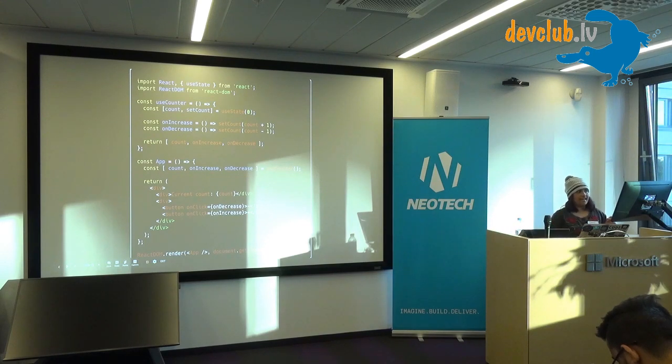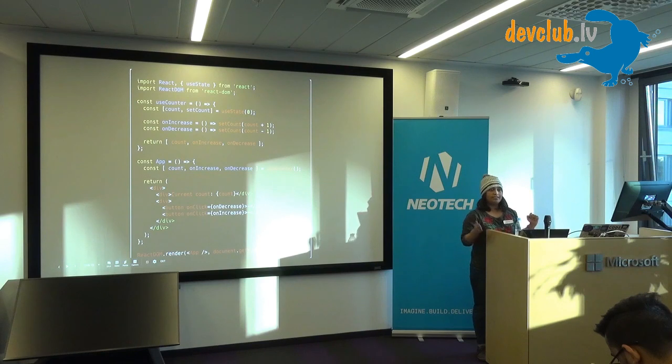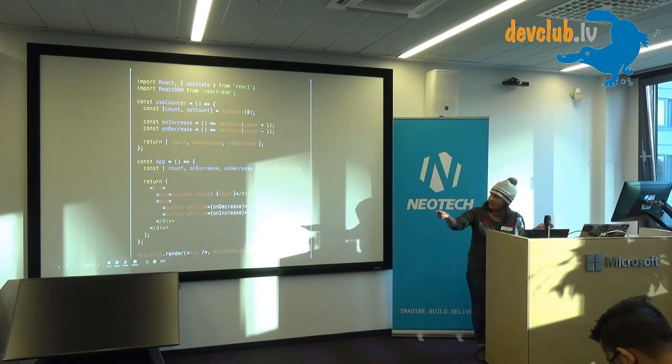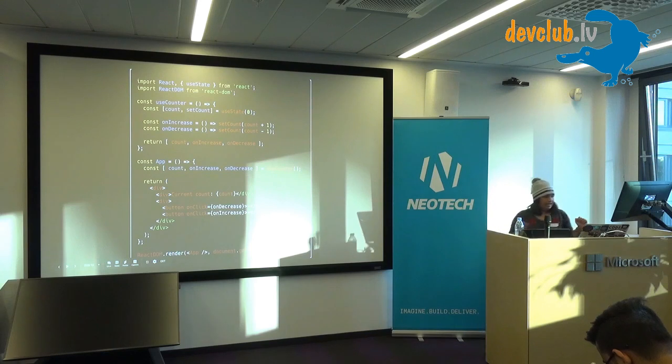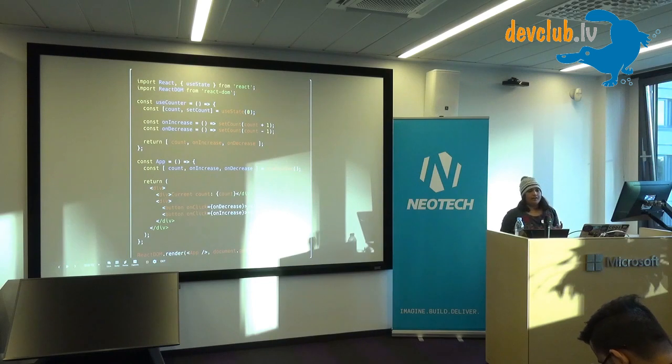You would say, okay, I have a variable, and I have a method, setCount, and to useState we can pass an argument, which is not necessarily an object, which is a good thing, because this.state always expected us to pass an object. But now here, you say useState, and you pass the 0 value for the count, and you say, okay, the initial value is 0. And you can pass anything. You can pass a number, you can pass an object, you can pass anything you want. And now you have a method, you do the same thing, you want to increment, you want to decrement, and then you can use it. So basically, the entire need of using classes is now gone, and you could simply use the state